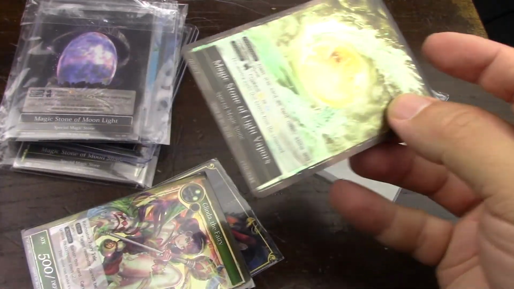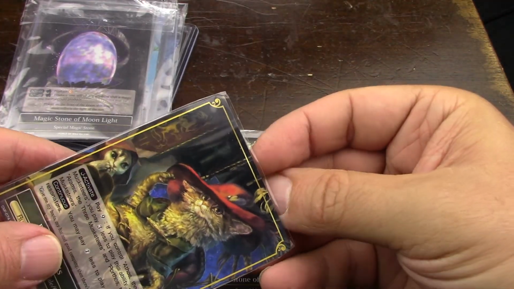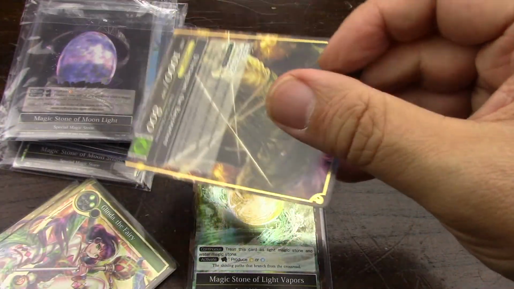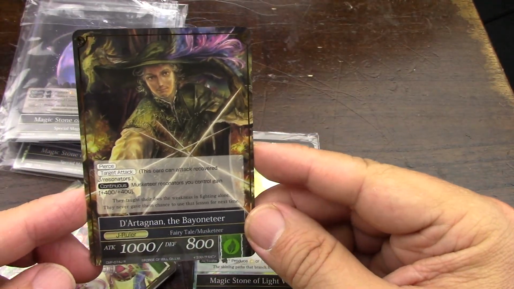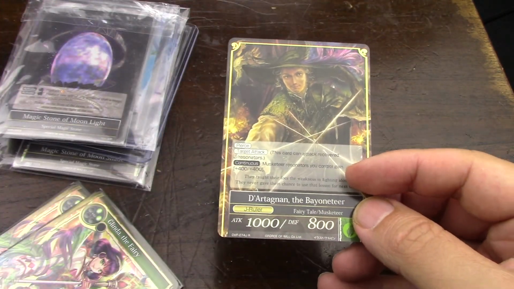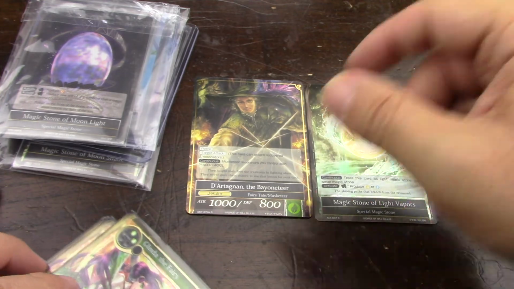So here we have some dual stones. Then I got some rulers that I don't have right now, that I have not pulled, but are actually very cheap. They're like $1.50 each. Because I do want to make a Musketeers deck. So let me put them all in neat piles. So the ruler, then the